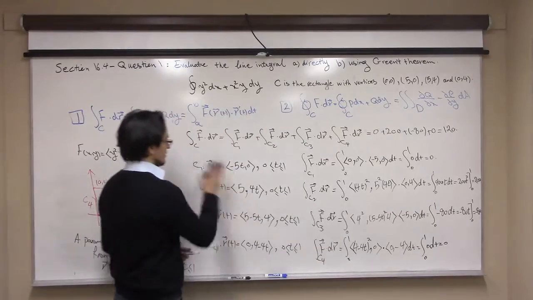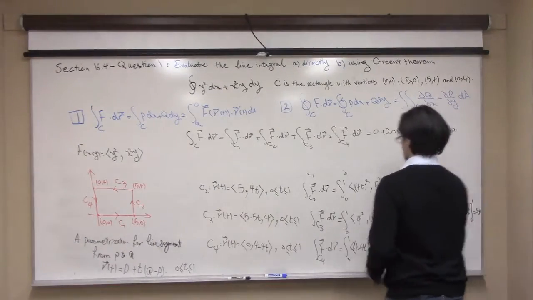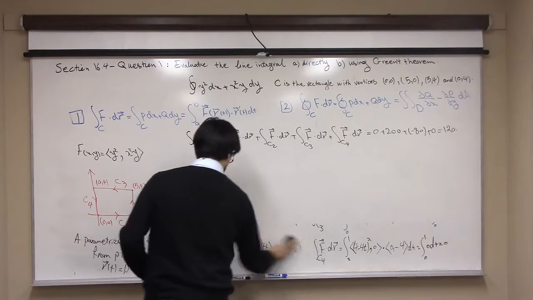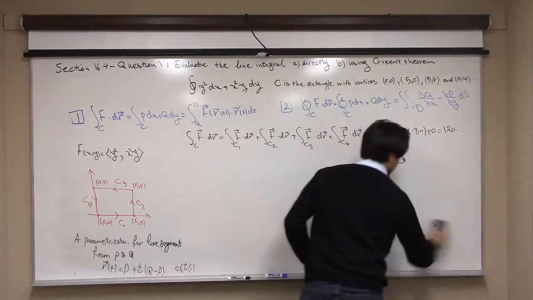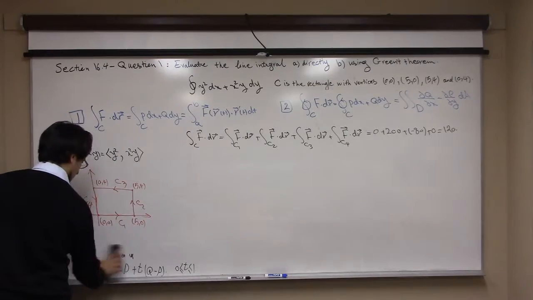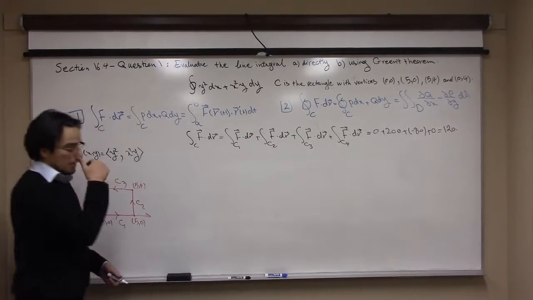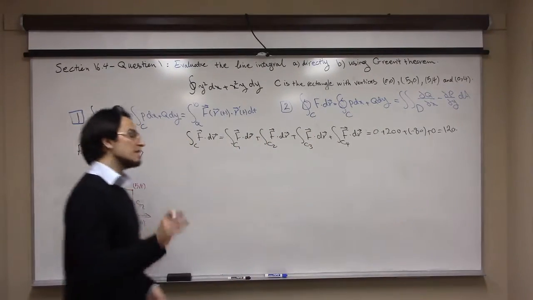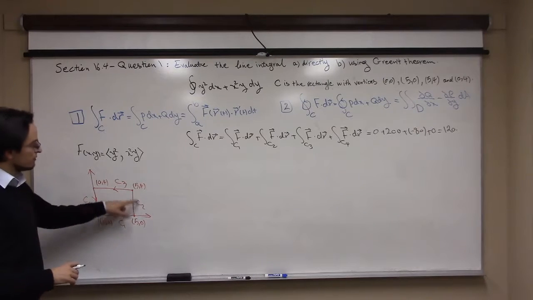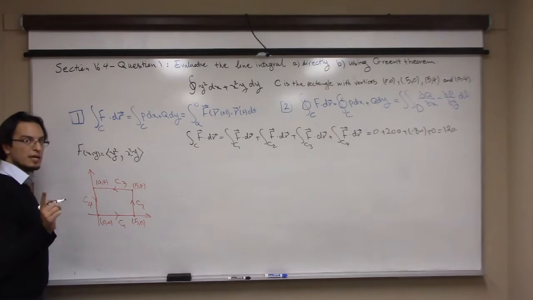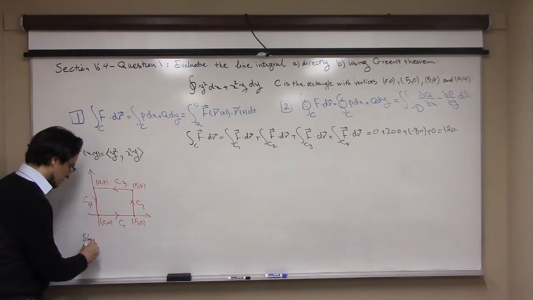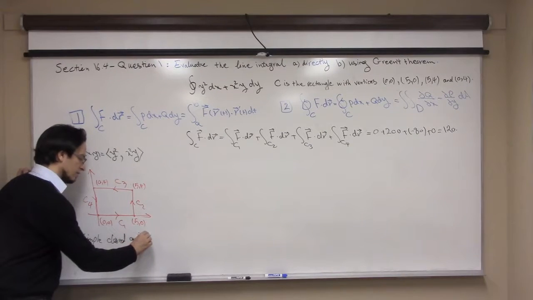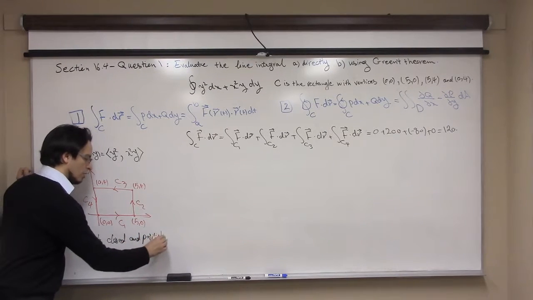Let's do part B. Okay, I have to raise this to open space for my next computations. Don't need this one. Okay, I'm supposed to use Green's theorem. What is Green's theorem? Green's theorem says that if you have a nice curve, what is the definition for a nice curve? It is a simple, closed, and positively oriented